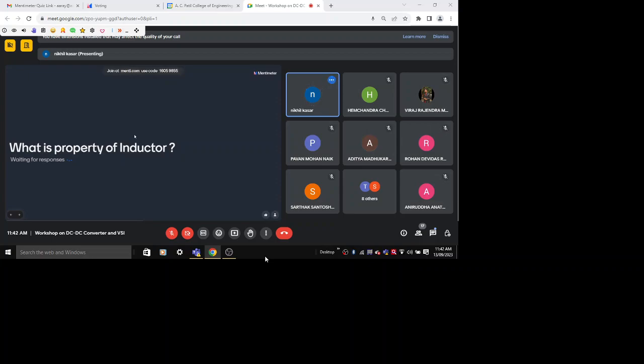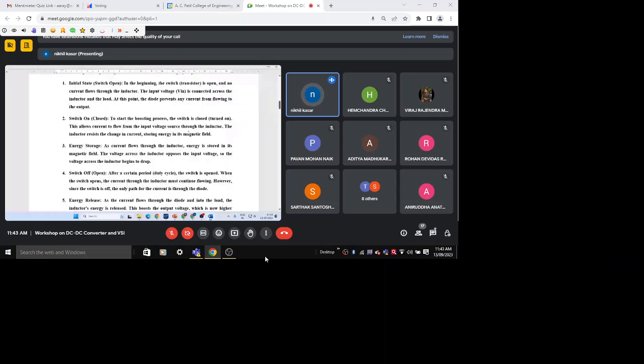I will repeat my point. When the boosting process happens, the inductor resists the change in energy regarding current. Clear to all of you? Towards the source side,